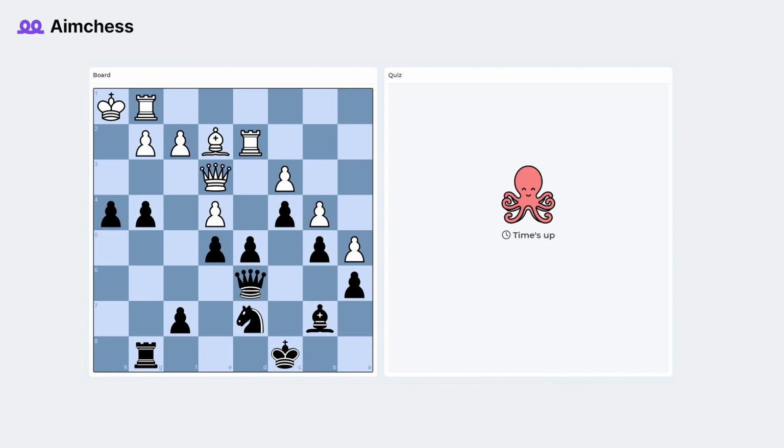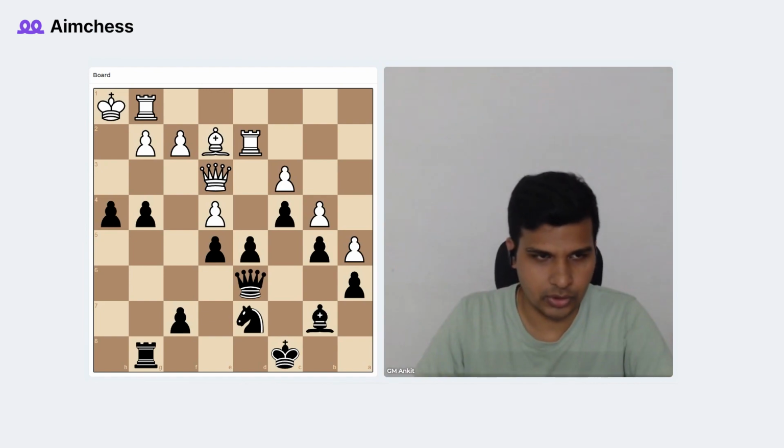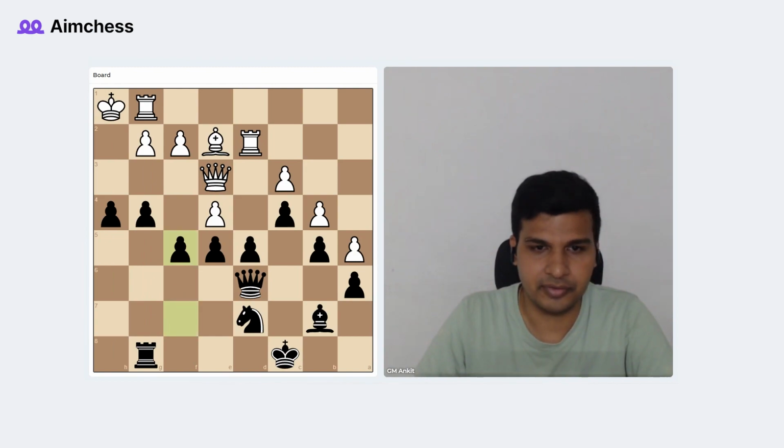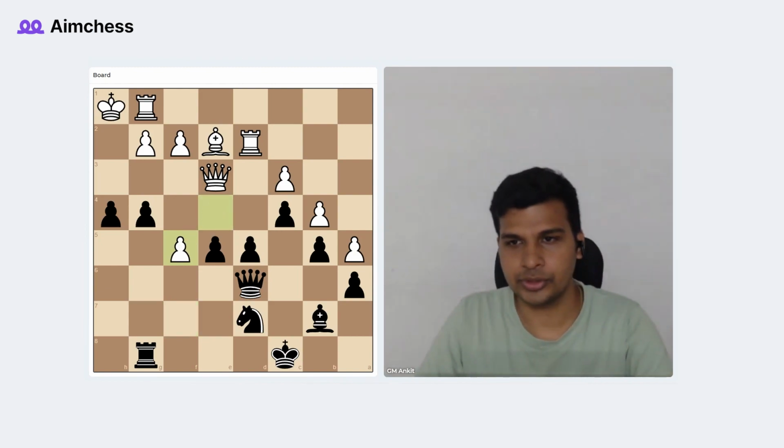So some of you actually played the idea that Petrosian did. In this position, what he wants to do is open the position further. Of course, d takes e4 is not possible. So he doesn't want to focus only on this, he wants to focus on the diagonals as well. So what he did here, he played f5. His plan is, if e takes f5 is played in the position, then